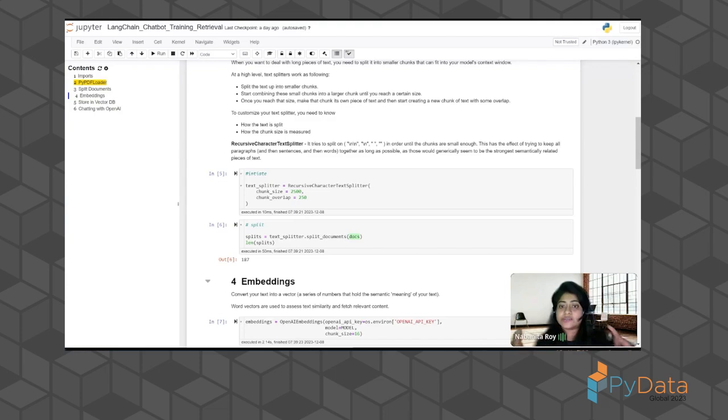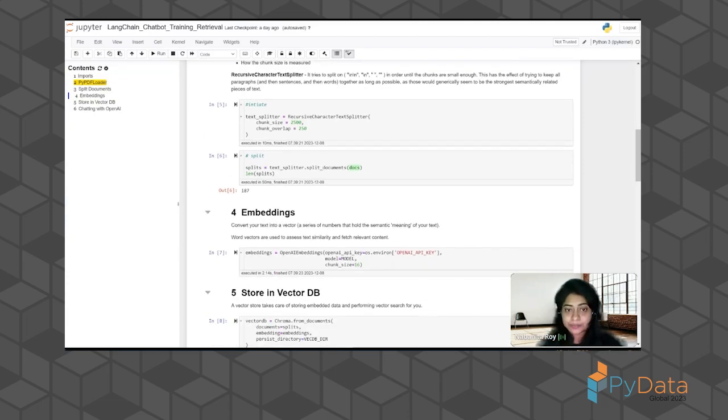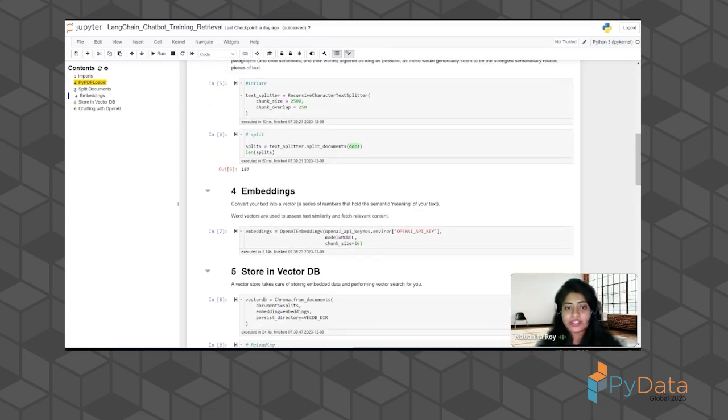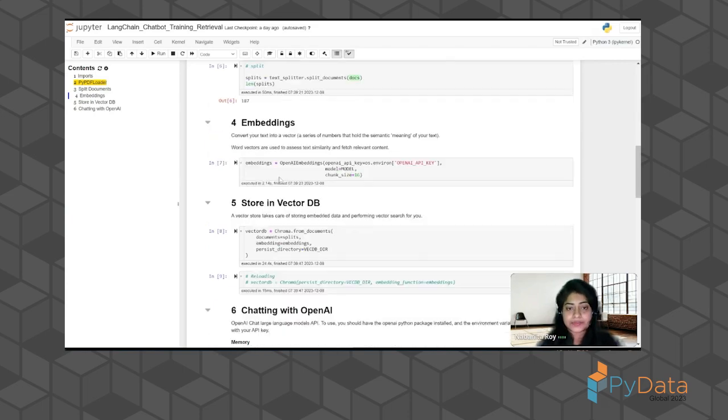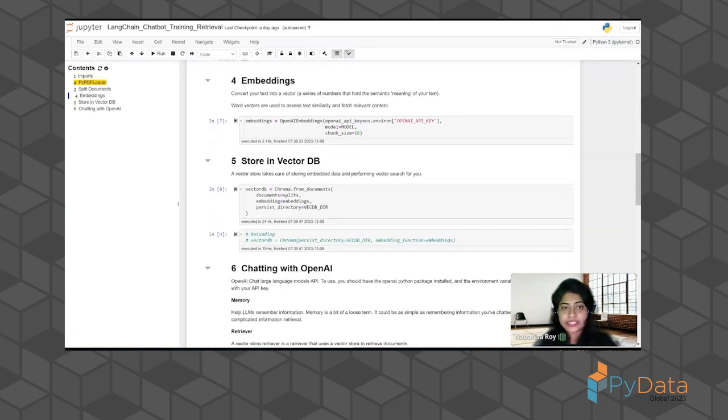So it preserves the context within it, and it tries recursively: first it tries to find double new lines, and then the next line, and then the blank space, in this kind of structured order, until it gets to the smallest chunk size, that is, until it satisfies that equation. And that's how the chunk size is developed. And once it's done, this is where I've initiated it with the numbers, and then I've gone on to splitting the documents, which is the natural following step.